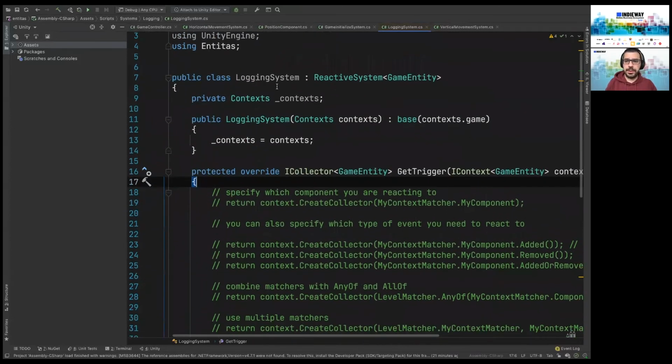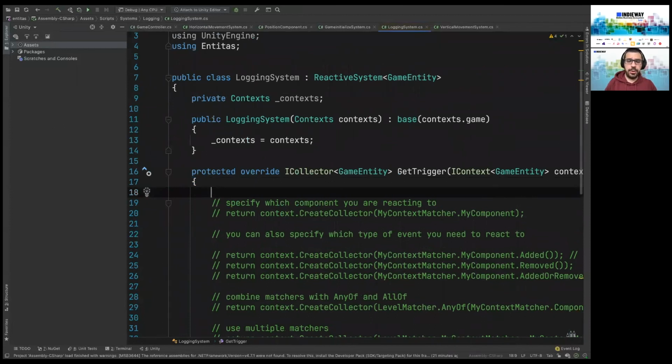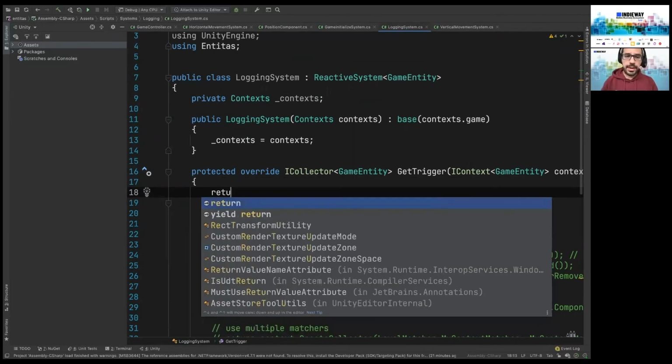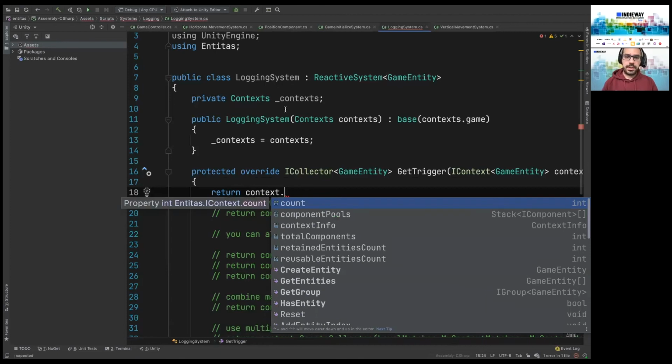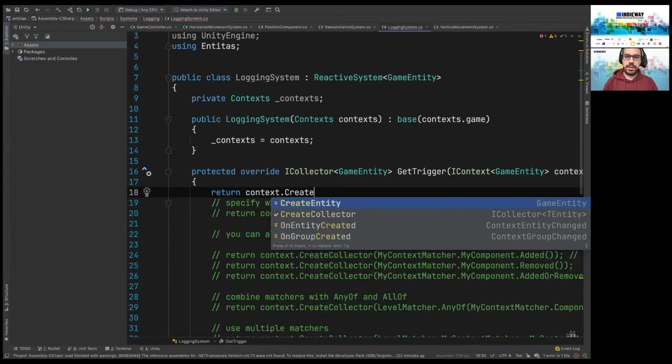I had mentioned most of the coding comes ready-made. So there is this trigger to this reactive system, because when a component is added or deleted, it is going to react to something specific. And here it shows what it reacts to. Context.